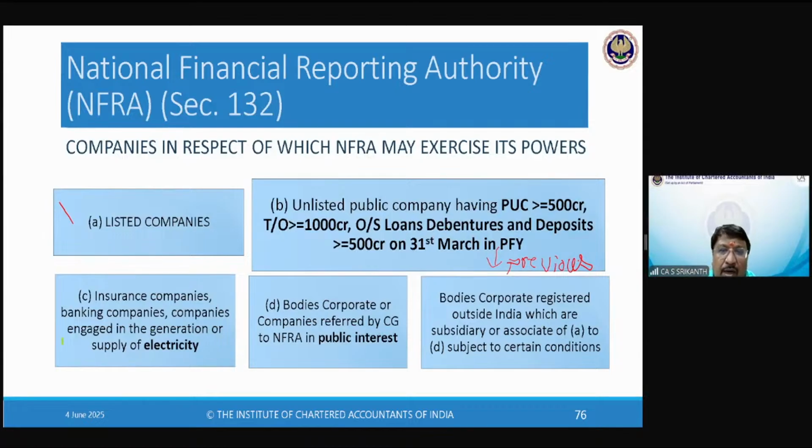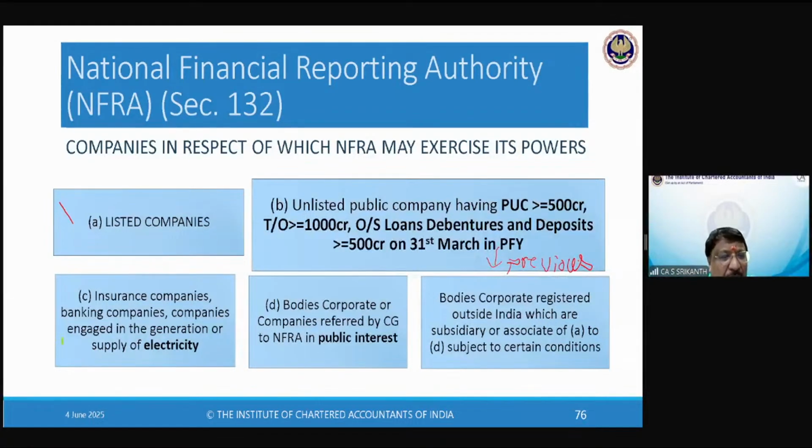NFRA, buy. You're a public company, unlisted. NFRA, buy. Even if your turnover is less than 1,000 crore, if you're listed, buy. Only NFRA. See, NFRA company has nothing to worry. NFRA will do nothing to the company. For that, there is another body. Don't worry. When you come to final, you will study. When you come to investigation, inspection, there you will see the Serious Fraud Investigation Office, SFIO. So for the management of companies, SFIO is there. For the erring auditors, NFRA.